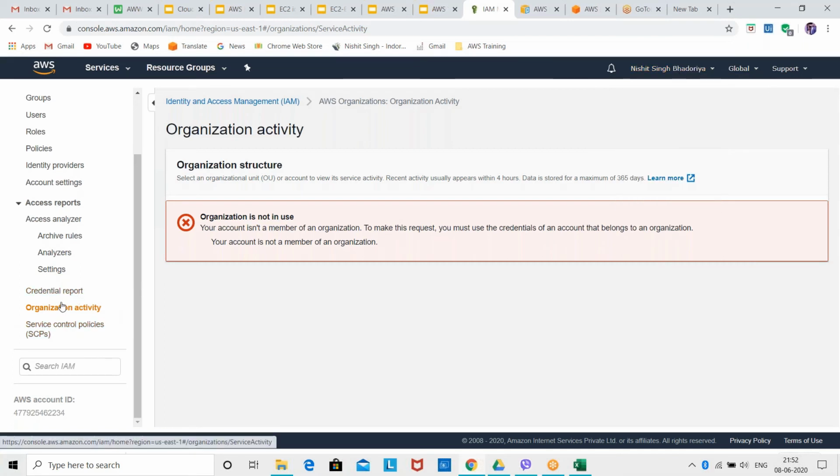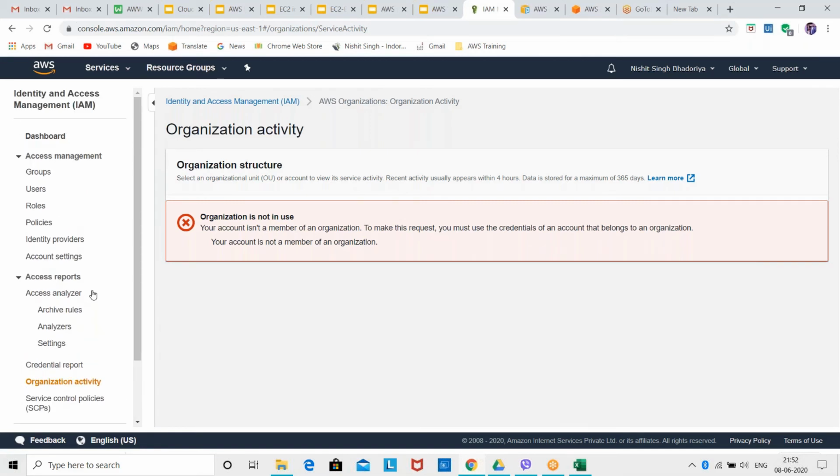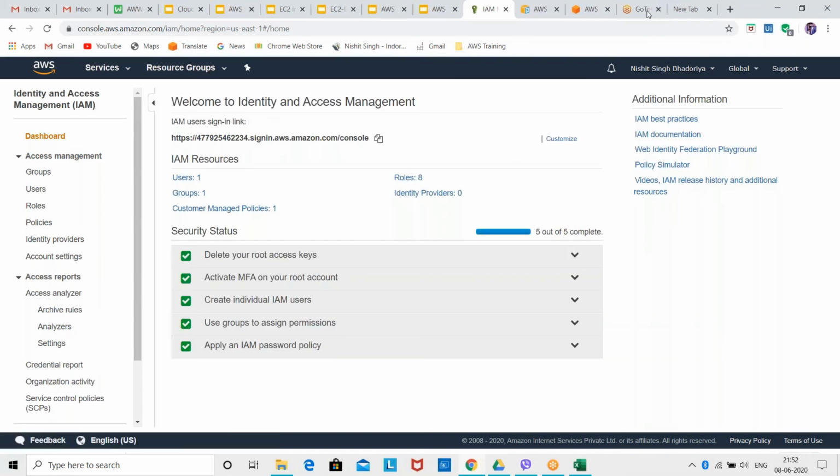But this is not for you guys to do currently. This is basically for the employees who work in an organization. Whoever has access to the organizational unit, only that person will work on this part. So this is the overall picture of what AWS provides us in IAM, Identity and Access Management. If anyone has any doubt in Identity and Access Management, IAM,